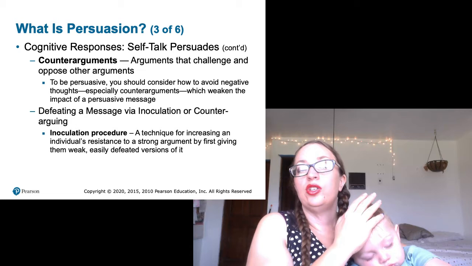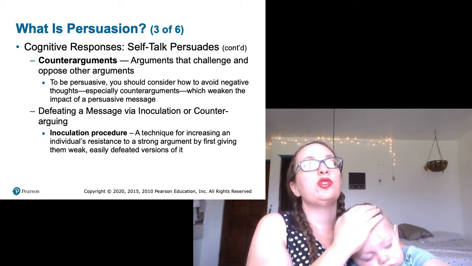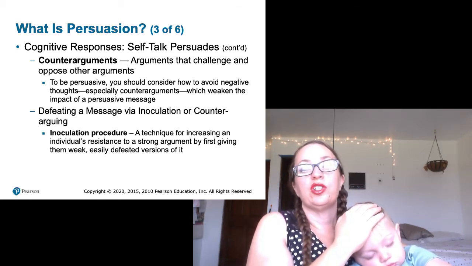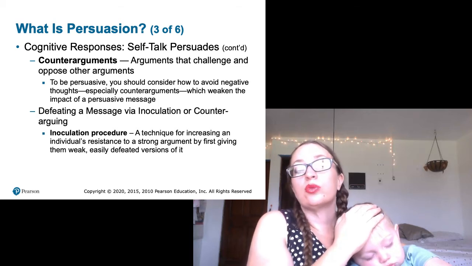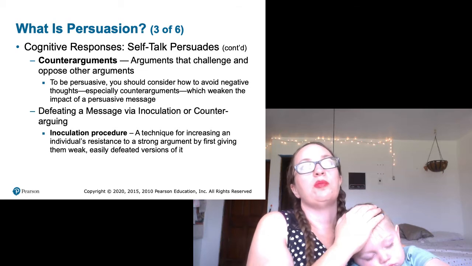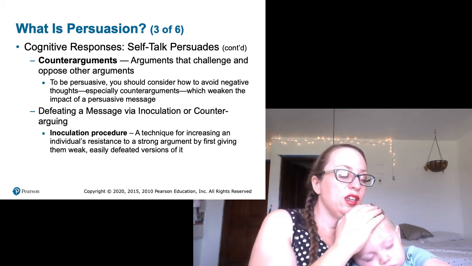So you could use an expert. You could give them little time to produce a counter-argument. Sometimes it takes a while to think of a counter-argument, so if you can limit the time they have to think, then you can limit their ability to come up with counter-arguments. You can give them distracting or demanding tasks where they can't use their brain power to come up with counter-arguments. And cults will do all of this. So will salespeople. They might be trying to sell you something in a busy shop where there's lots of stuff going on and lots of noise, and you just can't think to